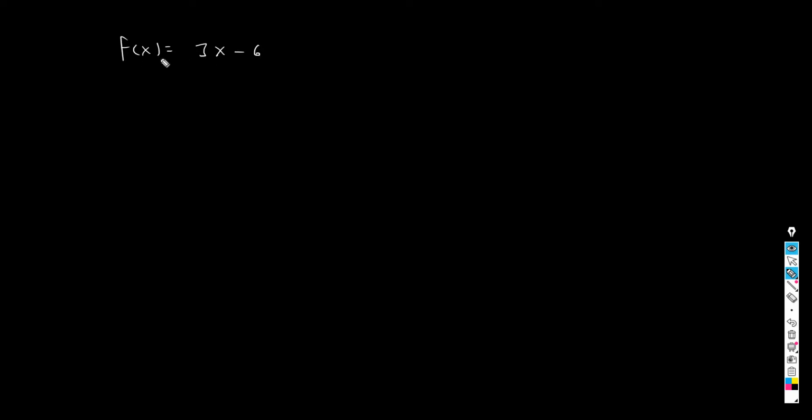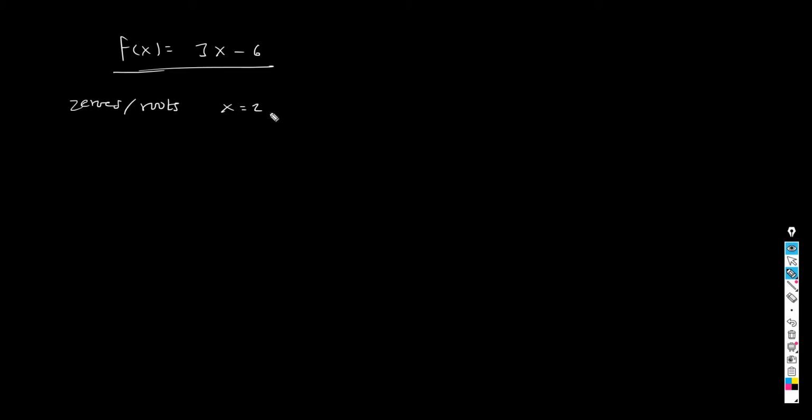And the roots are those values of x, so that when you input that value in the expression for the function, the value of the function goes to 0. So for this particular function, my zeros or my roots, which can be more than one, in this case is